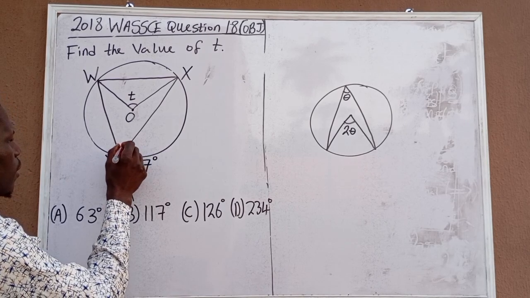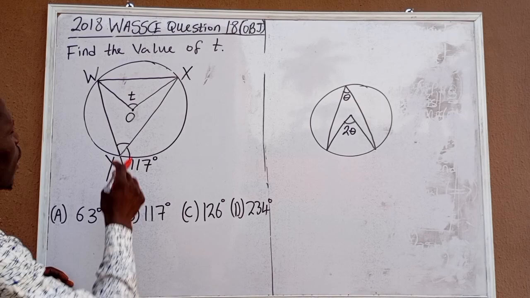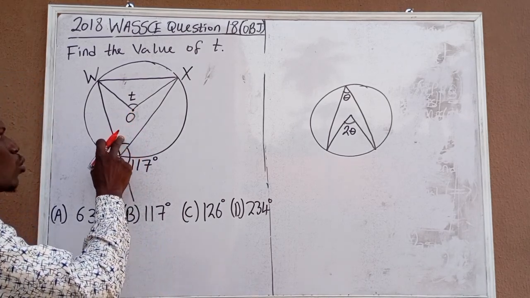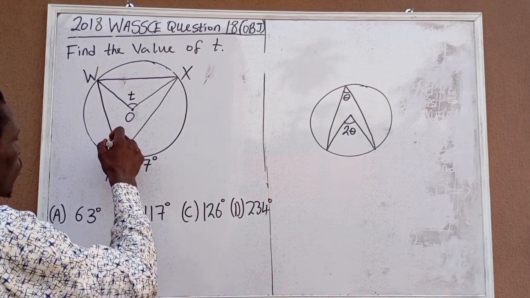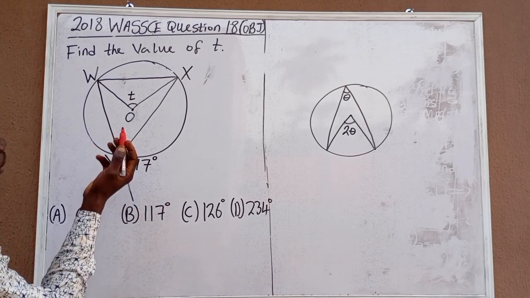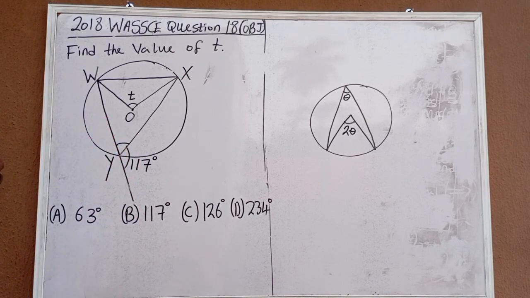So basically, we are saying that if only I can find this angle at this circumference here, then all I'll need to do is multiply it by 2 to get this, and that solves our problem. So looking at this, since I've told you that this is a straight line, how then do we get this? So we can say that